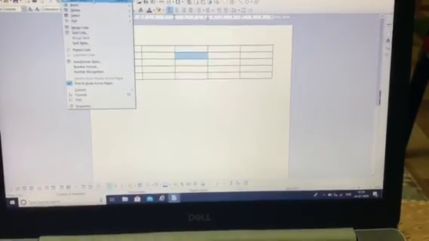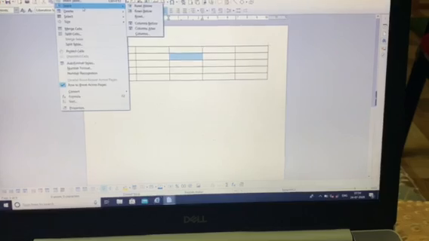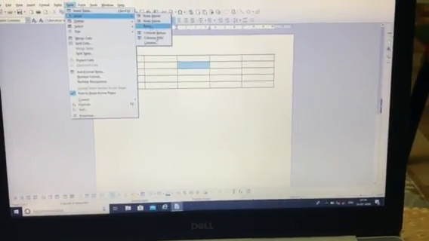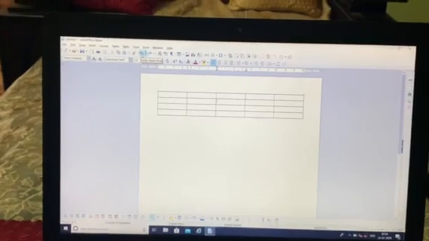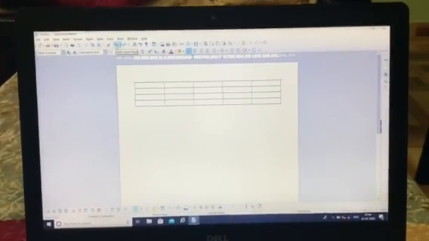And you can insert any rows or columns before or after that. So this way you can insert new rows, new columns to a table.